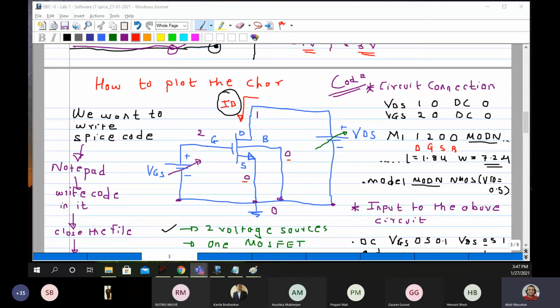Yes, sir. In code, should it be .model mod n PMOS? So what you can do is, Shubham, instead of writing mod n PMOS, you make mod n always mod p.